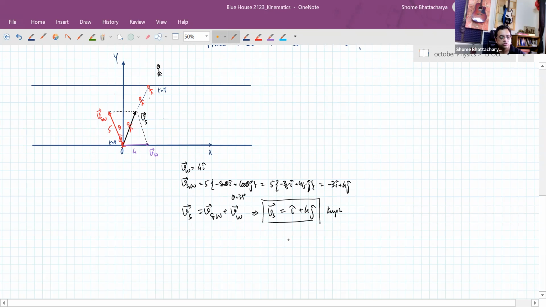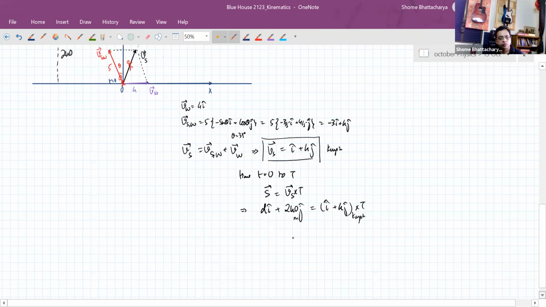So now what you do is, from time 0 to capital T, the displacement of the swimmer is this net velocity times time. So the displacement, because this width is 240, let's say this drift is a value that we don't know right now. So this is x i cap plus 240 j cap. It's going to be i cap plus 4 j cap. This is in kilometers per hour. Yeah, this is in meters. From this equation, you can see